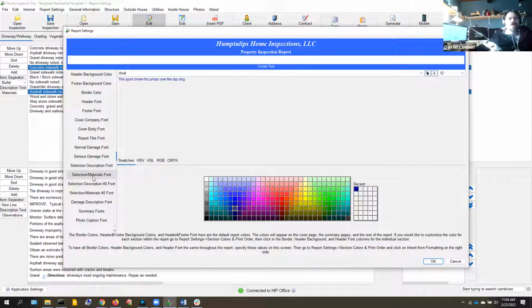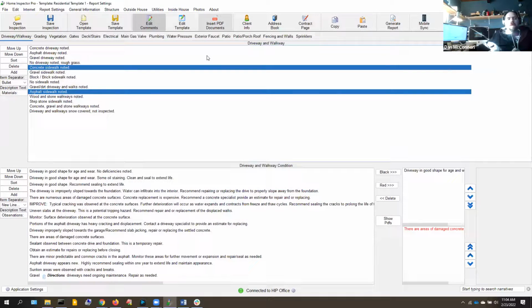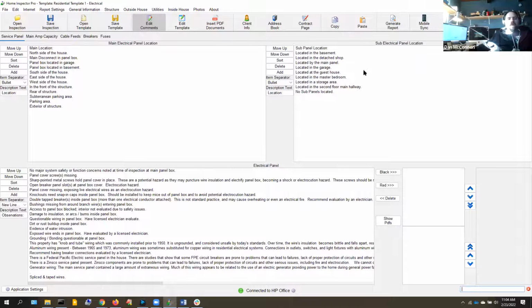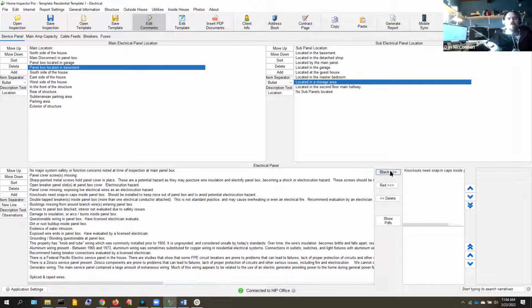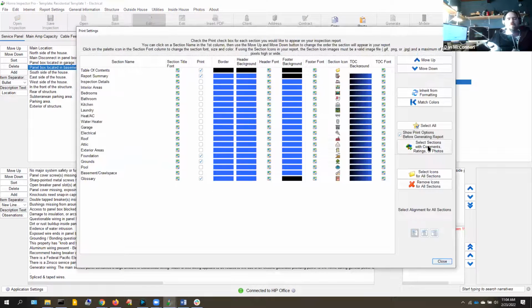For the comments that are in your selection panels, there's the selection materials font, and this is black by default. And there's also the selection materials font number 2. That's used if there are 2 selection panels per tab. For example, under utilities and electrical, where you have one selection panel, second selection panel, and then a damage panel at the bottom. So I'm going to go ahead and just mark something as black and red, generate the report again,